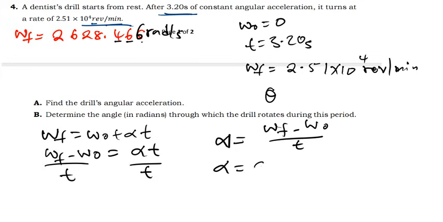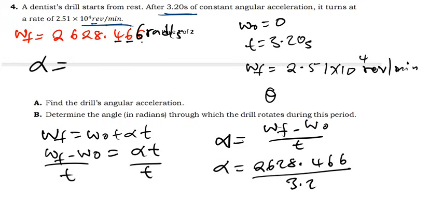Final is now 2,628.466. I divide this by the time, which is 3.2. So therefore alpha will be equal to, that is 821.4